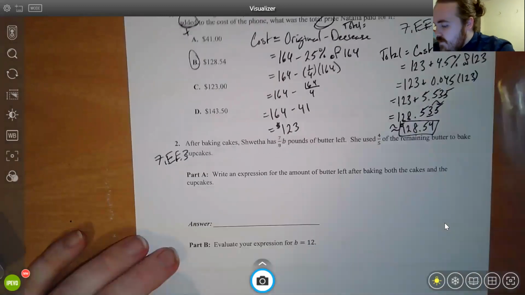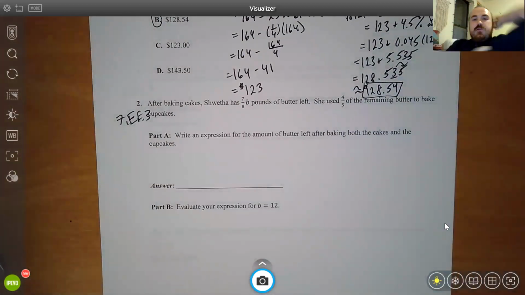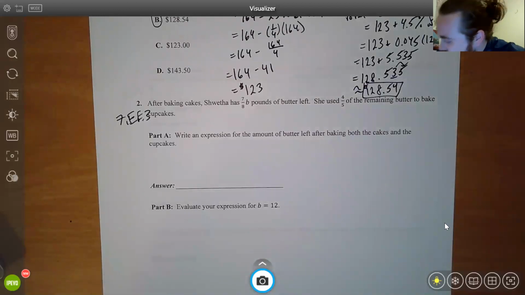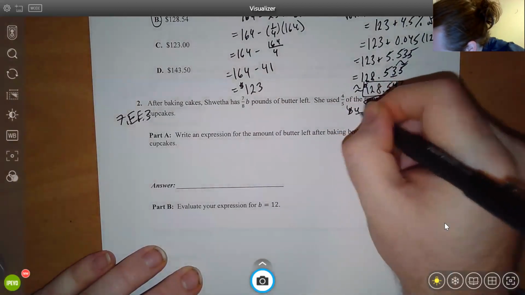It says after baking cakes, Shweta, who was actually one of my friends in college, has 7/8 pounds of butter left. She used 4/5 of the remaining butter. So what is that remaining butter? That is 4/5 of